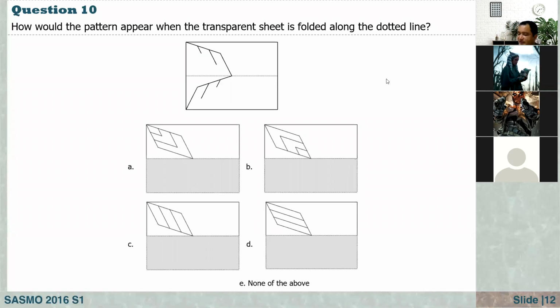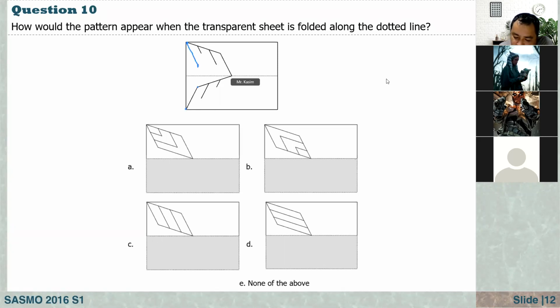Okay, as Selin guessed, she is again telling the correct answer. It is C, right? Why is it so? As you see here in the picture, we are just folding the paper. That means that it's a reflection about the dashed line or dot line here. So to do this one, if you look at this, for example, here, right? If it reflects about the line, it will be here. And how about this dot? It will be somewhere here. Now, to get the reflection of this line, I need to join these two lines, right?